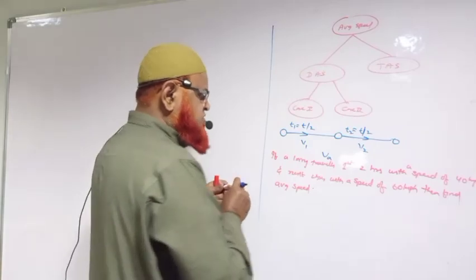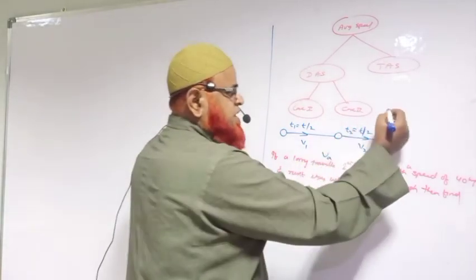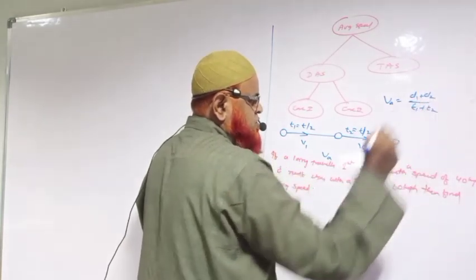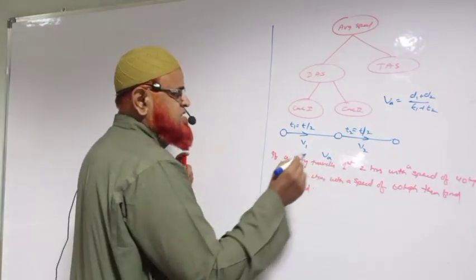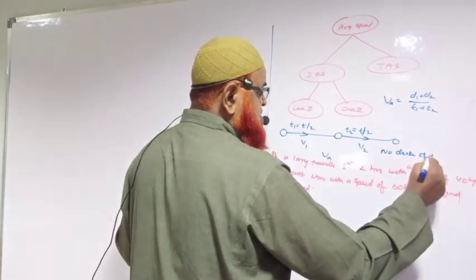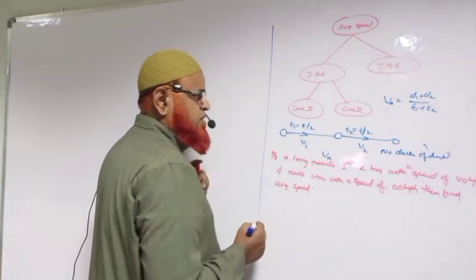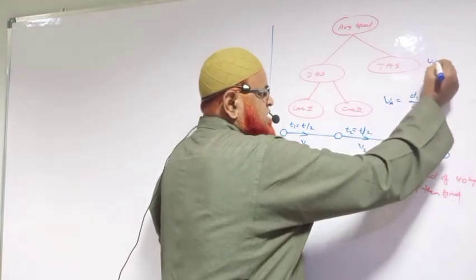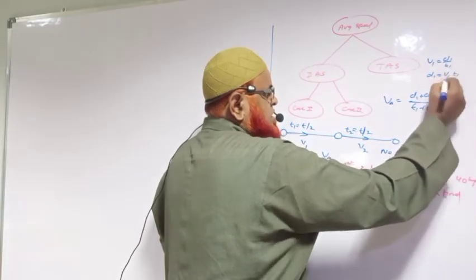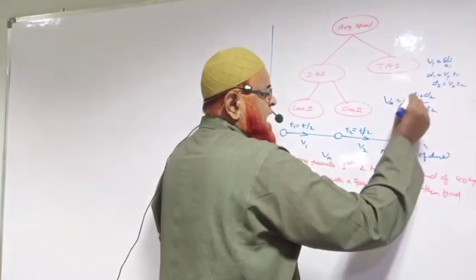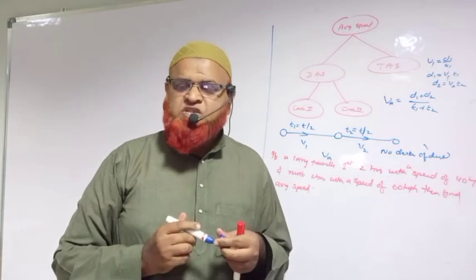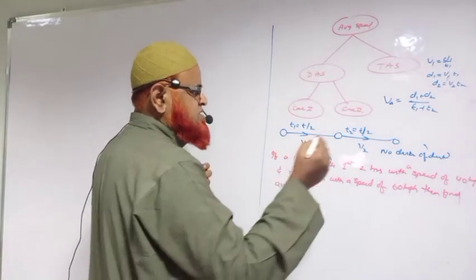Then, if you observe, this is the case here. It's very simple. Our basic formula says d1 plus d2 by t1 plus t2. But what is not discussed here in this case? No discussion of distance. That's why you can just replace: v1 is d1 by t1, so d1 is v1 t1, and similarly d2 is v2 t2. I have to replace distances in terms of velocity and time because it is not specified in the situation here. Got the point now?